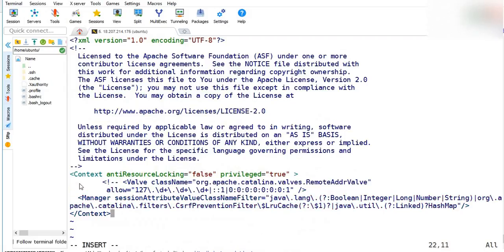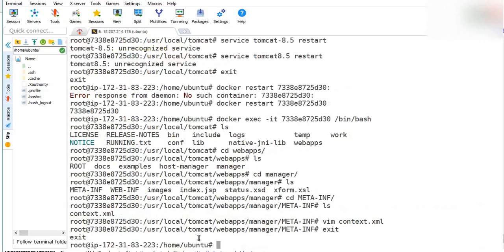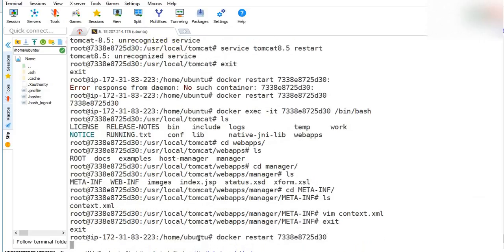You have to comment up to the Context; the first Context line should not be commented. So the anti-resource-locking false, privileged true part, this you have to comment. Done with this, come back from here and restart the container once again.